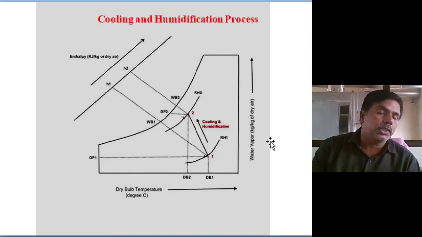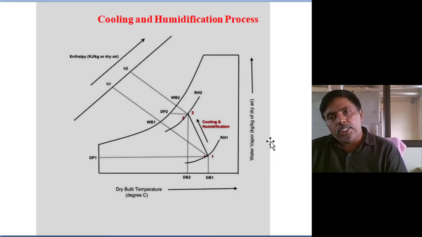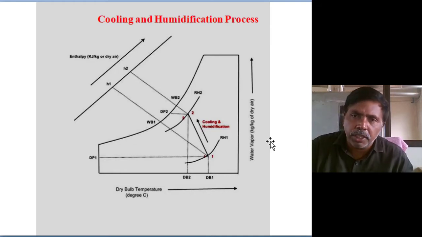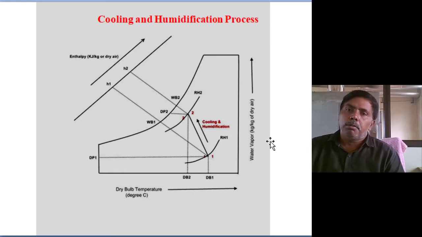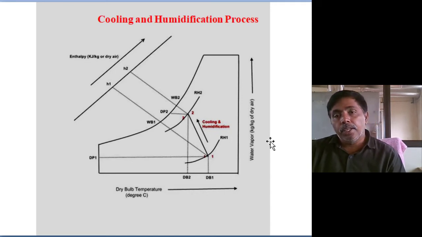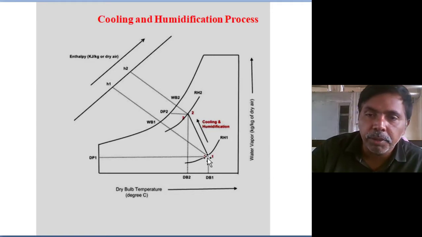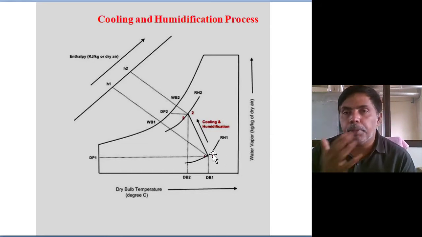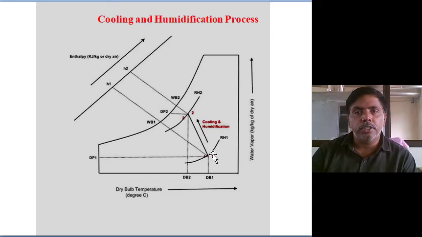Next, cooling and humidification. Suppose in dry areas, in India, any type of atmosphere we can sense. Suppose in Rayalaseema we selected less relative humidity. The moisture content is very less. You see, this is the Rayalaseema condition. Suppose temperature is high and less moisture. High temperature and less moisture, no doubt at all.